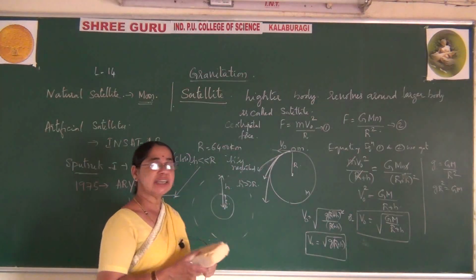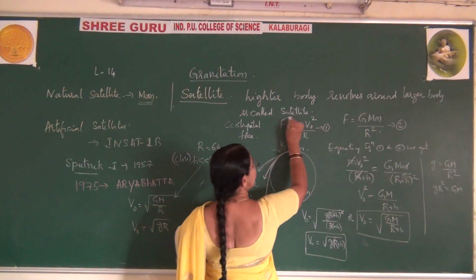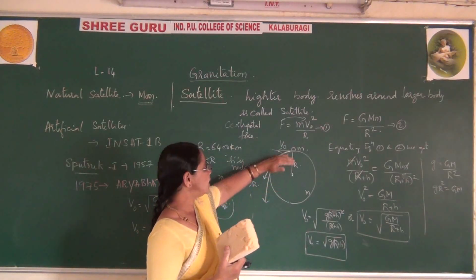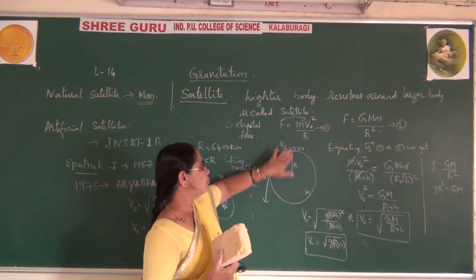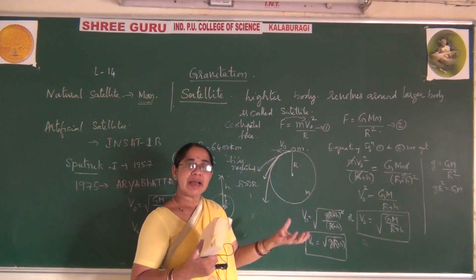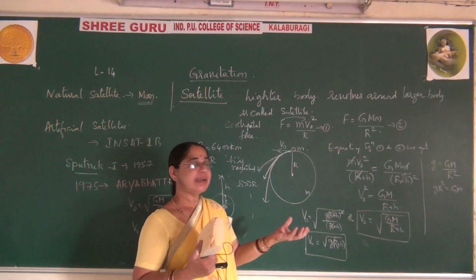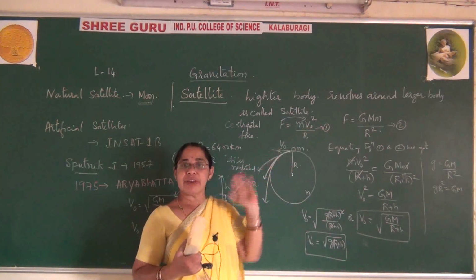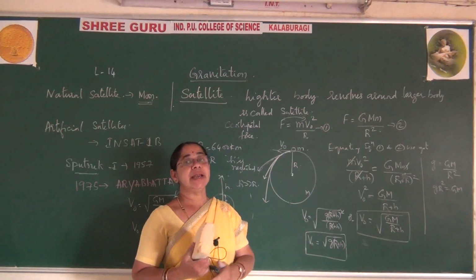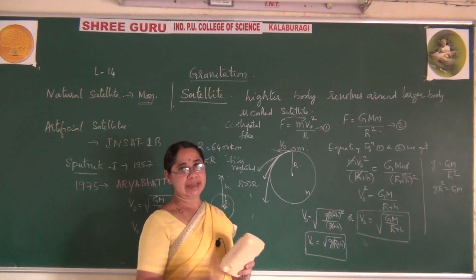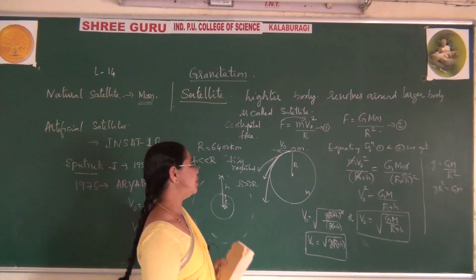How did you say this condition? Very simple point. F is proportional to V here. If it is very close to the surface, naturally the centripetal force will be acting on this, due to which it will be pulled towards the center, and that object should escape from the surface. When it wants to escape from the surface, it has to move with high velocity, with high speed. Right? One more point.